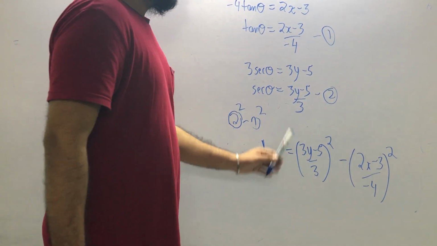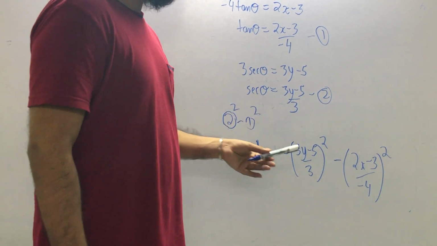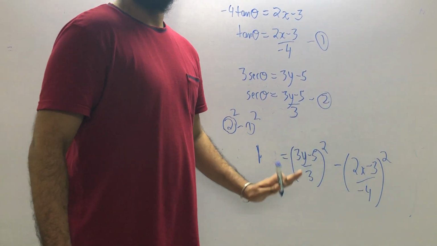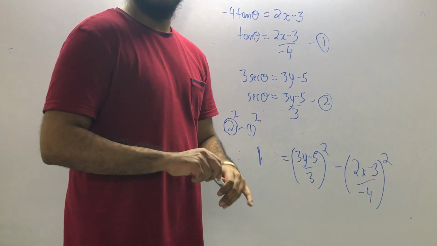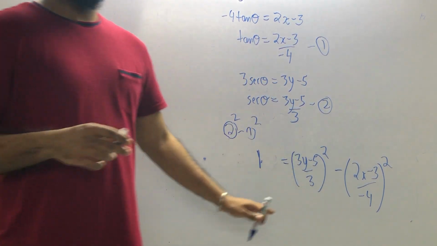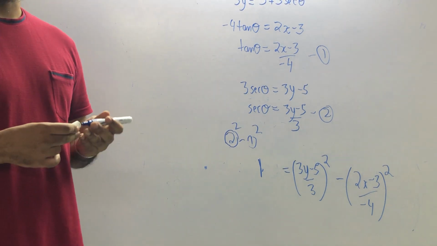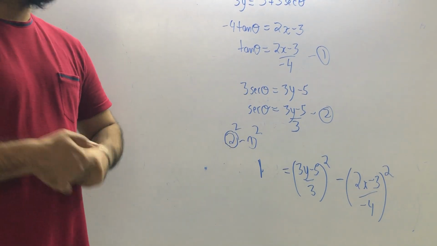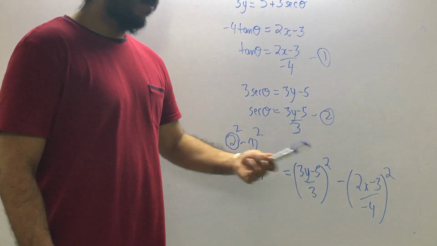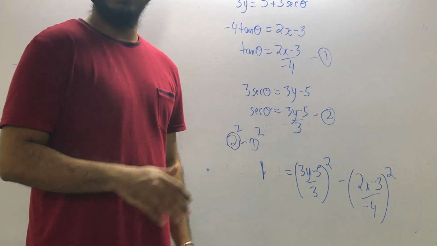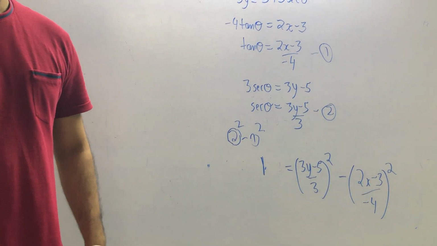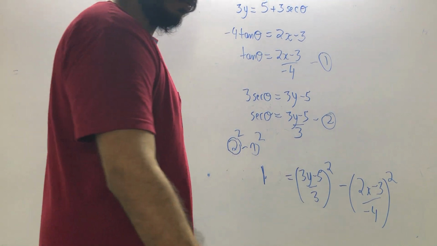Again I am repeating, if you want to simplify the answer further, just open the whole square. Okay, I am not opening because this is also correct. Nobody will cross your answer if you don't simplify it further. They have not written anything here that you have to make this answer only. This is also the correct answer, and upon opening the whole square also, the answer you get is also the correct answer. That's your choice. Okay, so this was the fourth question.